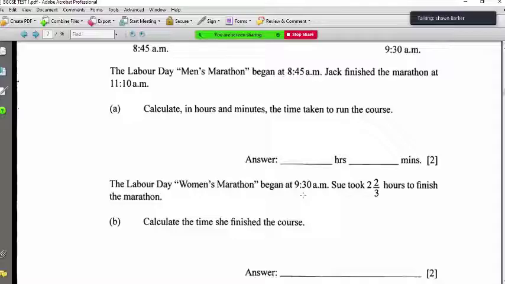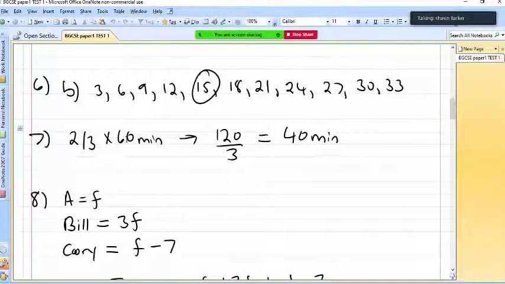Okay, so once we know that, then we can really solve this problem, because we know what 2 hours is. 2 hours is 2 hours. So if she started at 9:30, for example, and she finished in 2 hours, then we know that she finished at 11:30. But what is 2/3 of an hour? Well, we know that an hour is 60 minutes. Okay, so therefore 2/3 of an hour basically means that you calculate 2/3 times 60, and that will give you the amount of minutes that 2/3 is in terms of an hour. Okay, so just do that multiplication.